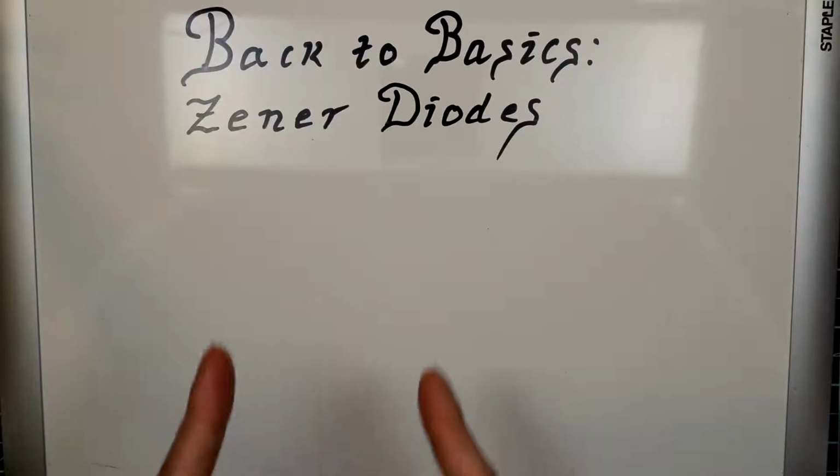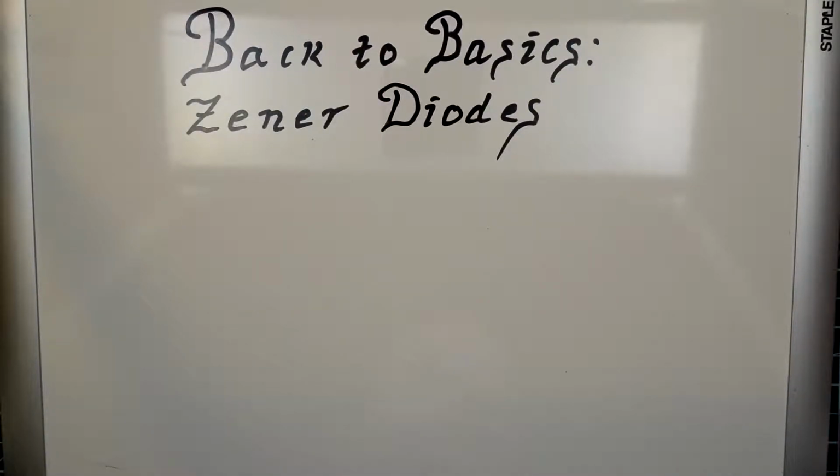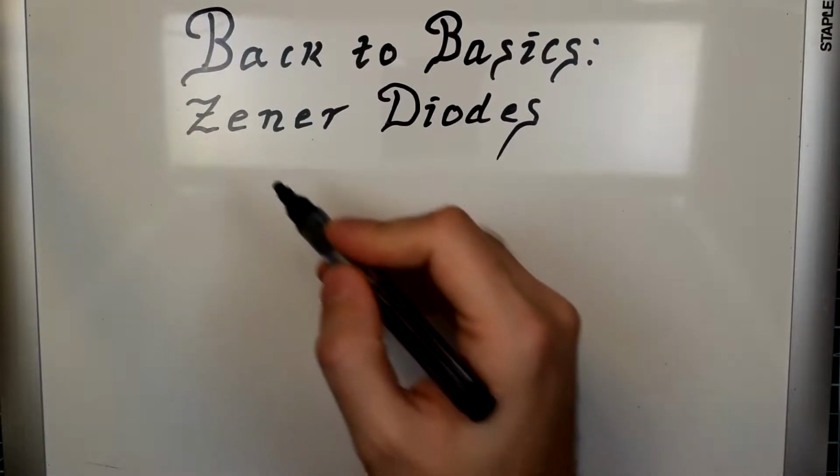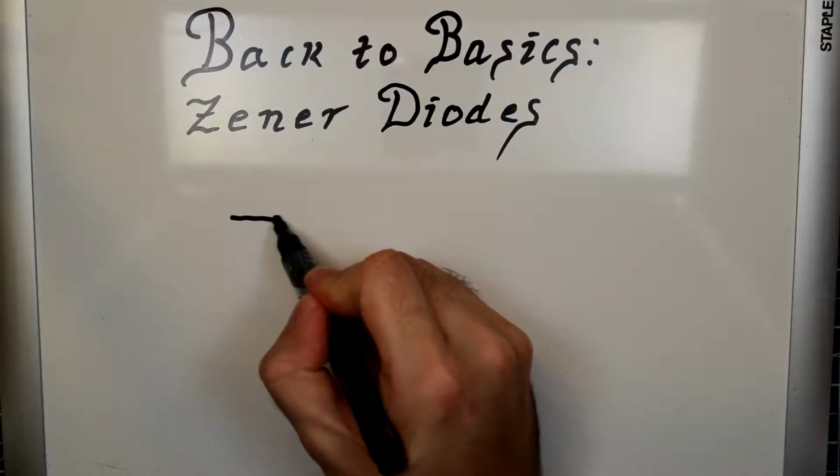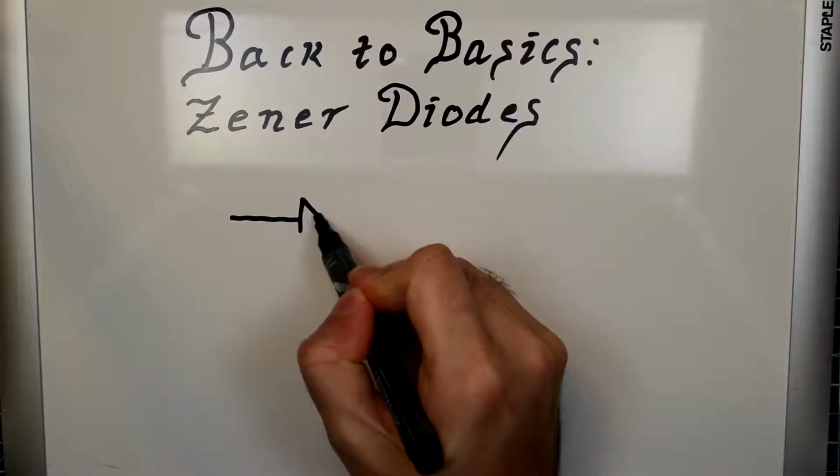Today we're going to have a look at Zener Diodes. These are actually pretty neat little pieces of technology, and they're exceedingly useful for a bunch of different purposes. So this video is going to be a little bit longer because I'm going to talk a little bit more about what Zener Diodes actually do and how they're utilized. But basically, a Zener diode is a diode that,